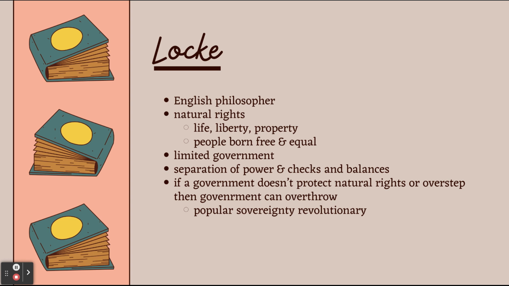So, in other words, he was saying that people within a society, if they're looking at that government as a whole and they don't feel that their natural rights to life, liberty, and the pursuit of happiness or property are being protected, or that that government is becoming too powerful, then they felt that they should be able to overthrow and rebel against that government. This was a huge justification within the Declaration of Independence when Thomas Jefferson was basically justifying why it was important for them to create the Declaration of Independence to indicate why they were separating from Great Britain.